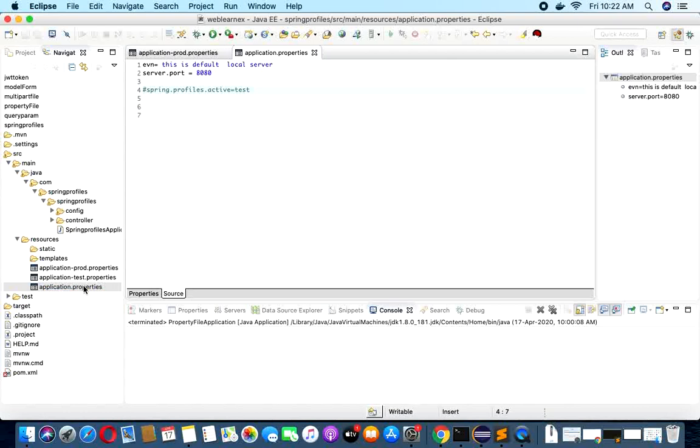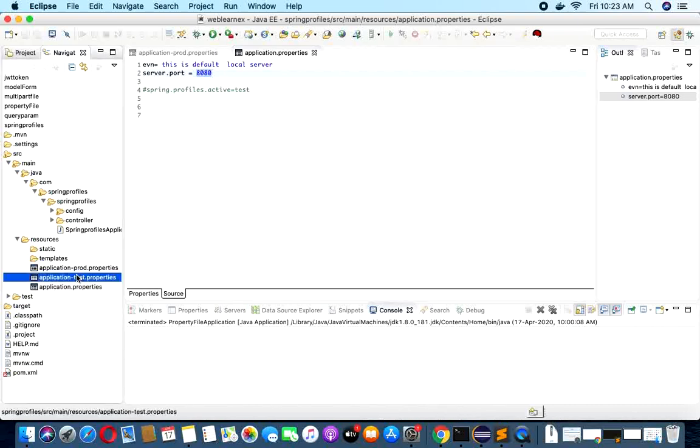One is application.properties, the default property file, and I have added some information like one environment. This is the default location, and I have changed my application port. When I run the application on a simple server, not on the test server or production server, but on my local machine, it will run on port 8080.